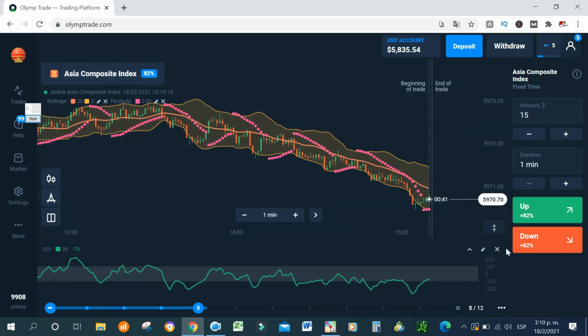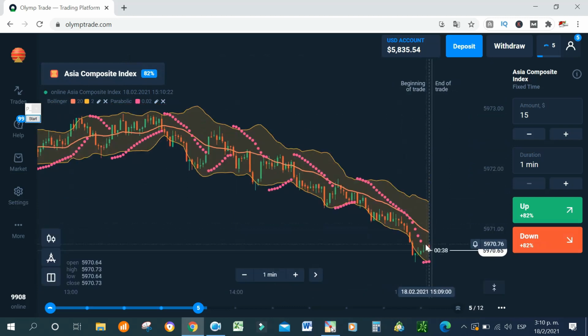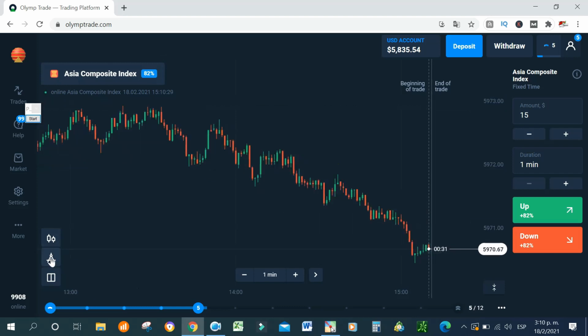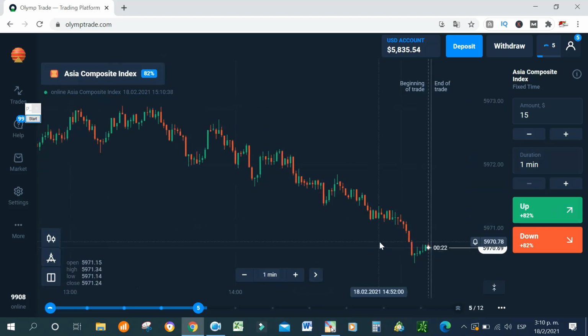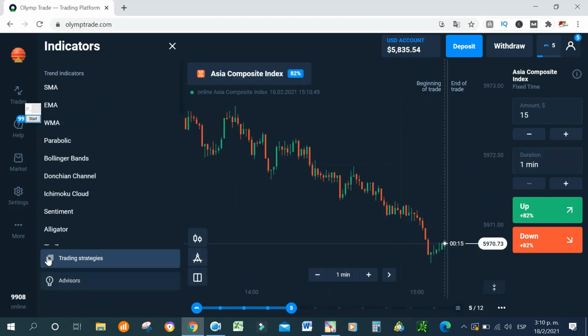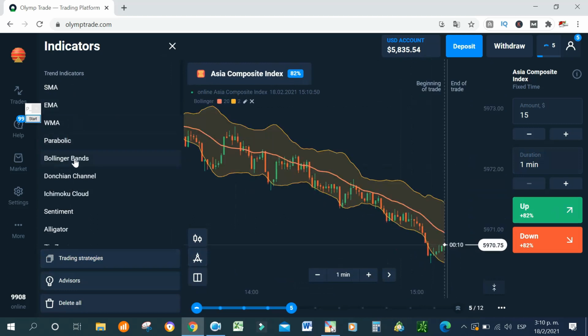Let me start from zero so you can understand everything and don't get confused. Alright, guys, here we are. We are analyzing 1 minute chart. As you can see here, we have 1 minute chart, and this is to trade option for 1 minute expiration. So the first thing we have to do is go to indicators, get the Bollinger Bands, and then